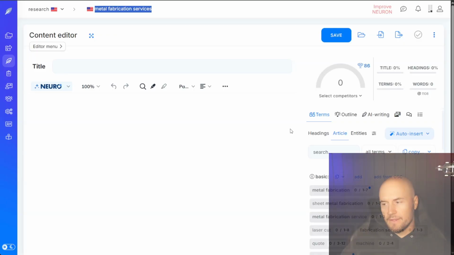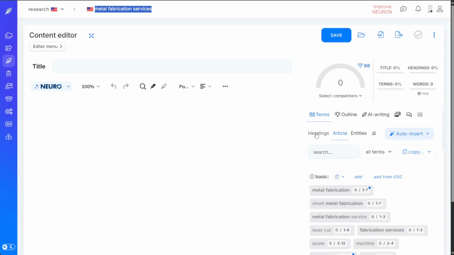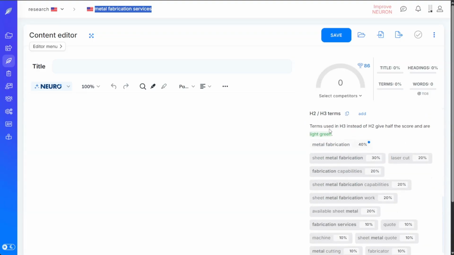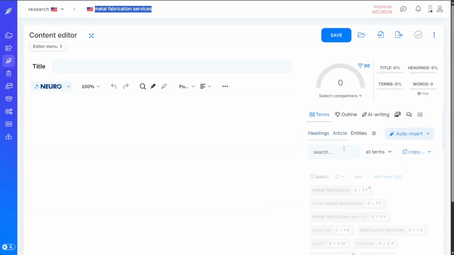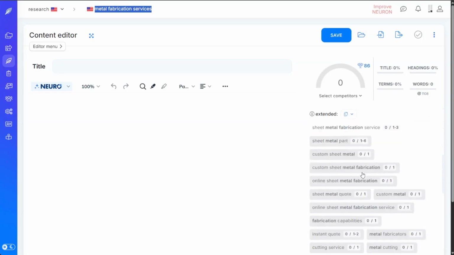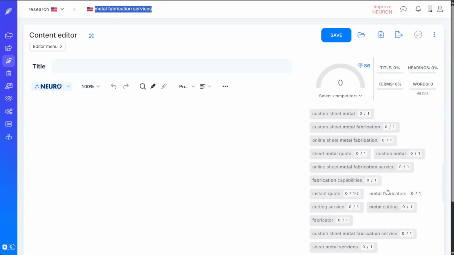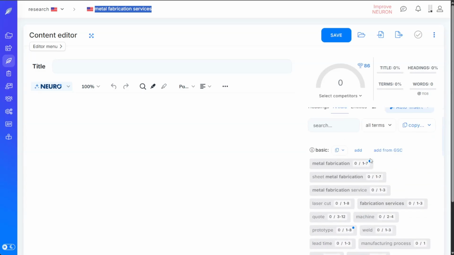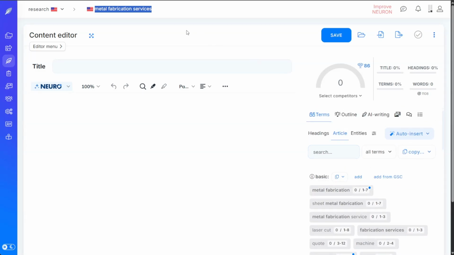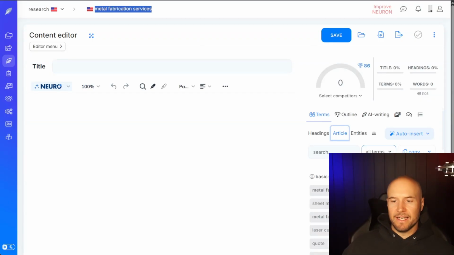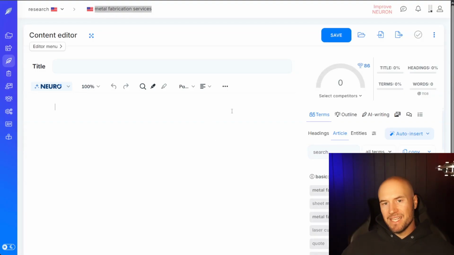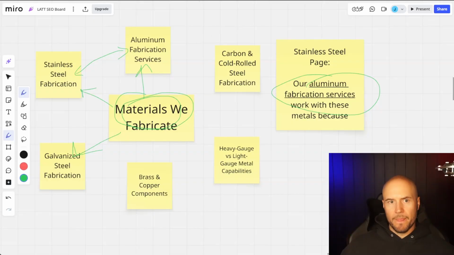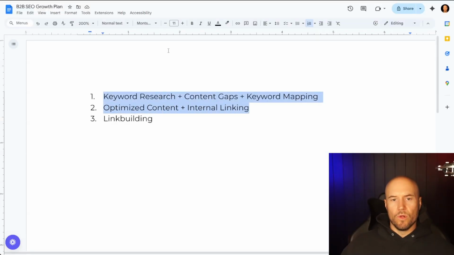Now, the other part this tool does, and the other thing it provides for us, is a list of all of the H1 terms you should have, all of the H2s and H3s you should have, as well as all of the keywords and phrases and how many times each of these keywords is used or should be used within your content to be best optimized based on the average of the top ranking websites for this keyword. So this gives you a pretty solid idea as to what should be in your content, what keywords and phrases, what headings, and then based on that, you can work to build internal links within there as well. Like I said, those two processes alone will very likely provide a significant amount of gains in traffic, keyword rankings, and opportunities for you to drive